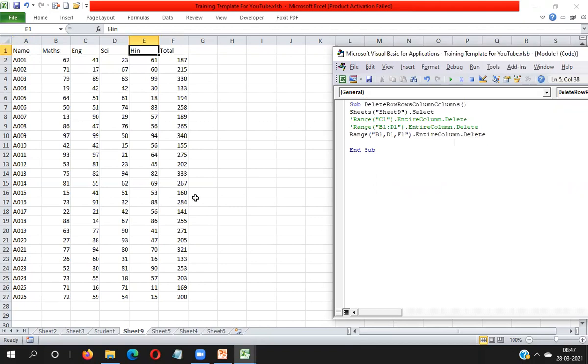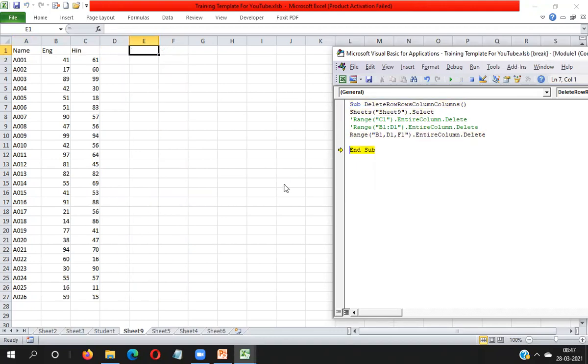Now you will get the B column, D column and F column deleted. B column has Maths, D column has Science and F column has Total. Now you will get the specific columns deleted.